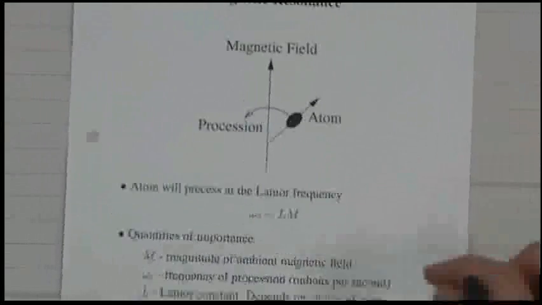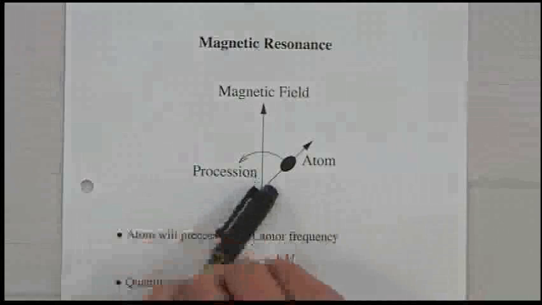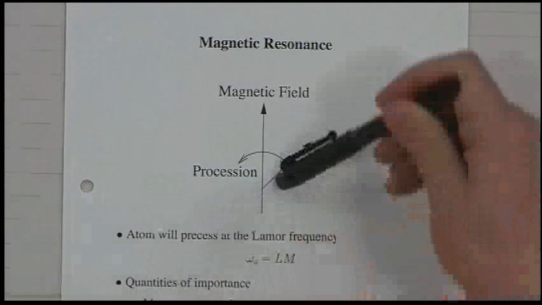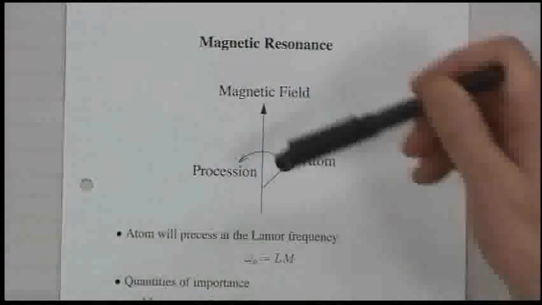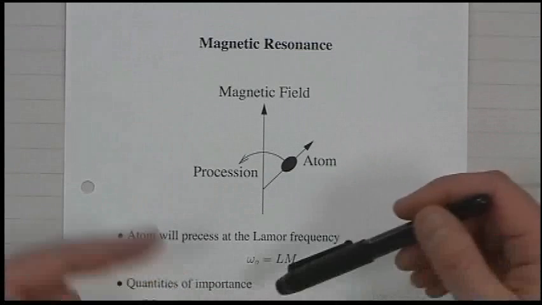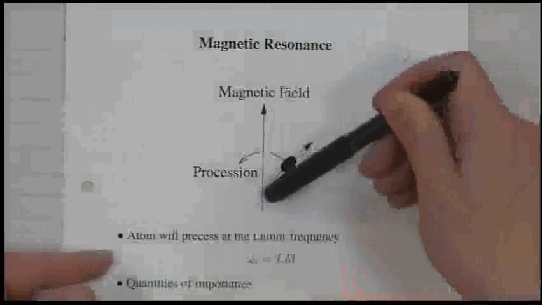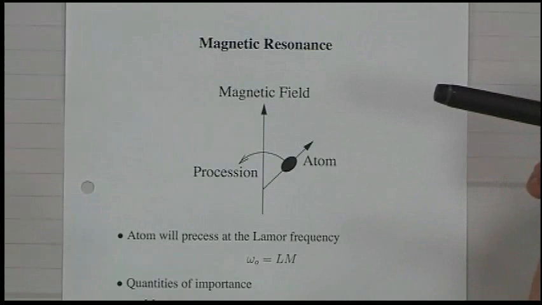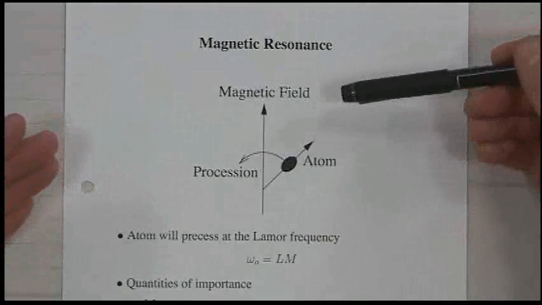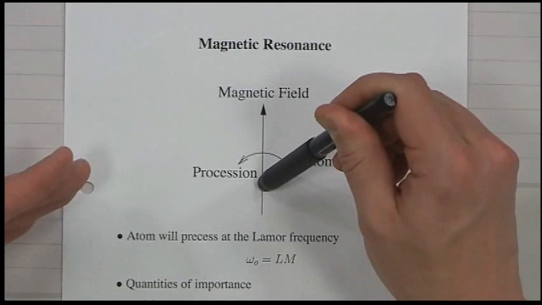Okay, so now the trick is then to get this precession. What will end up happening is as this thing's precessing, well, first of all, you can pump energy into the system with an RF signal and actually get this thing to oscillate with the RF signal, as long as the RF signal is at the center frequency of the precession. And then the other thing is, once you take the RF signal away, this precessing dipole will radiate RF energy also, until finally all the energy is lost, right? It's like the top eventually falls over. So you can actually sense